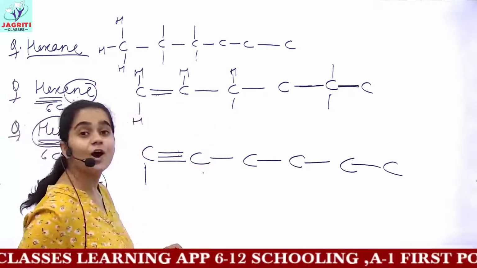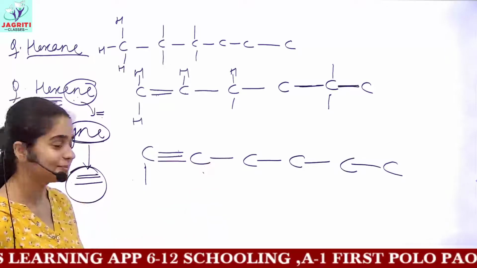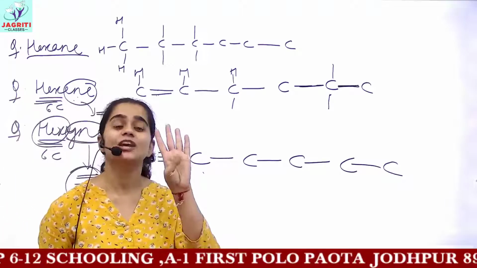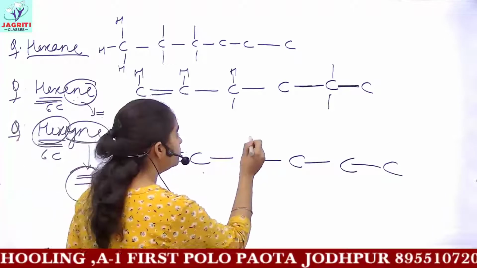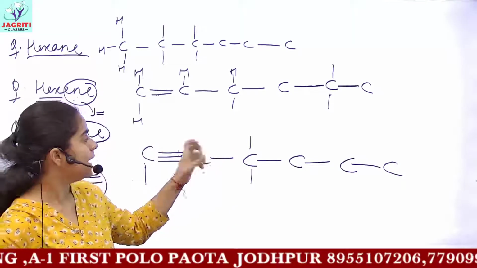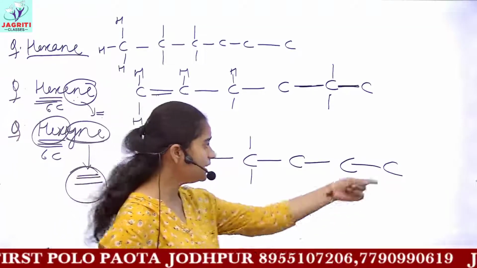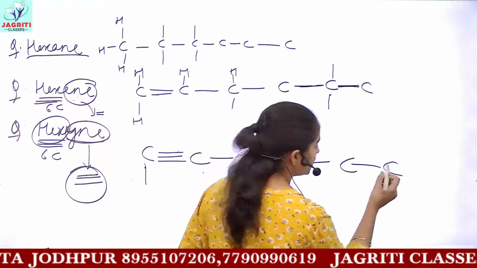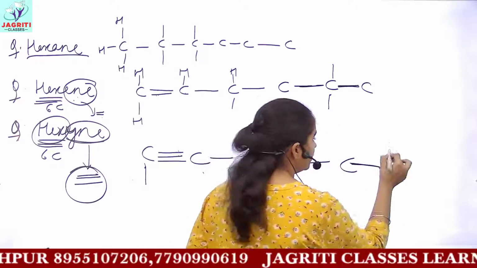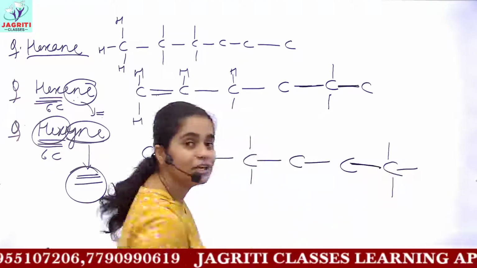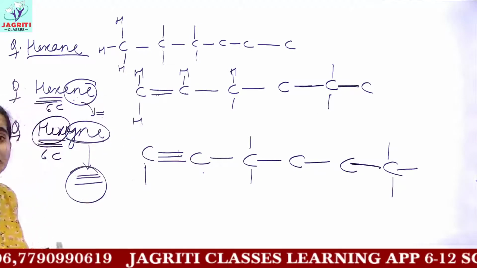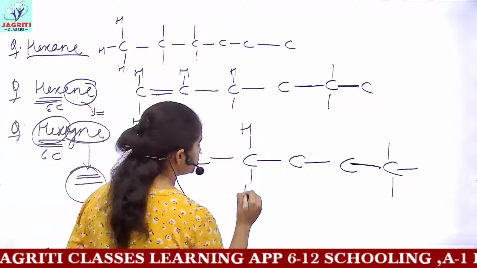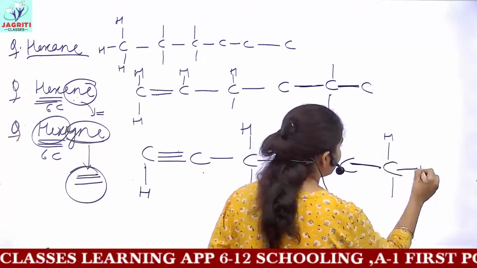Coming on to the third, how many valency will you draw for this carbon? This third carbon has 2 valencies already. Because we have to make each carbon with 4 valencies, so I have to put 2 more valencies. And similarly you can draw for this. How many valencies will you draw for the last carbon, carbon number 6? Because this carbon is having 1 valency drawn, and to make it 4 we have to draw 3 more. This is the hint. And what do you do at last? At last, whatever valencies you drew, complete them by putting an H.